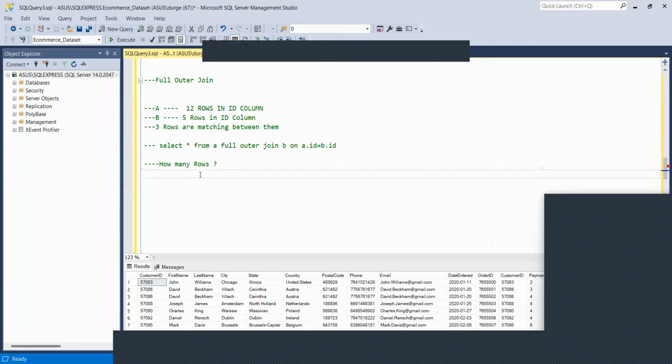Now understand how to get rows in full outer join and how actually full outer join works. In full outer join, first you have to take care of the matching values. So how many values are matching here? 3. So 3 records for your matching thing. After this, if you exclude 3 records from the 12 rows in A table,